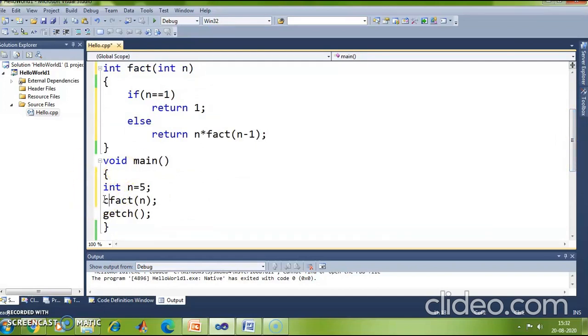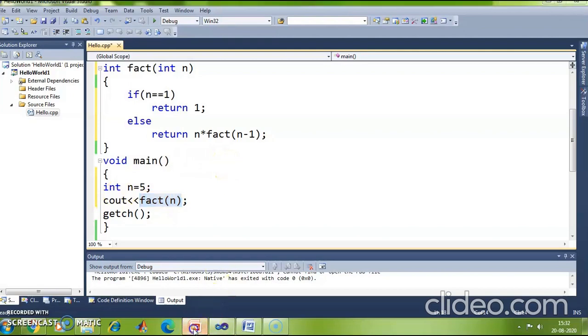So what I can do is, I can directly print the answer by using the cout object. Right? So whatever is returned by this function is printed on the screen. This function is returning me some value, so that value is being printed on the screen.